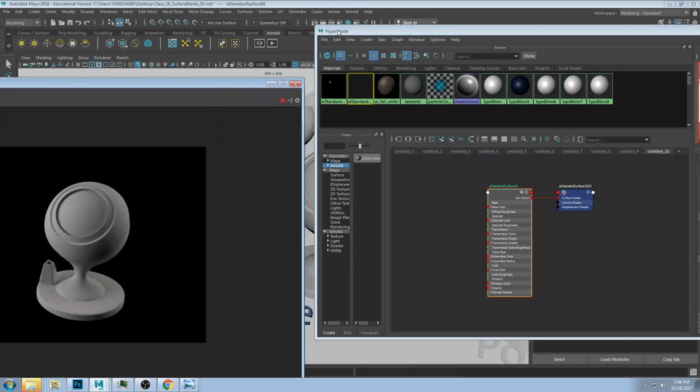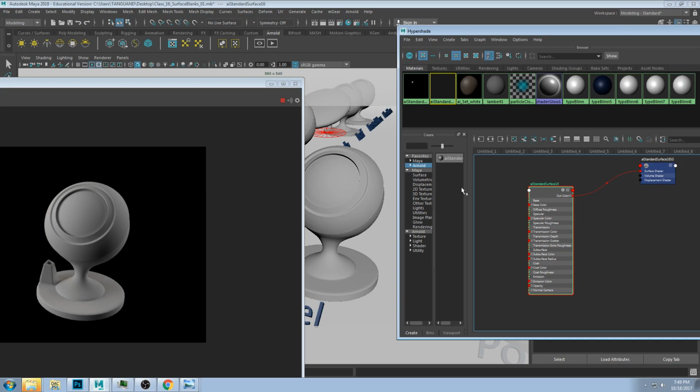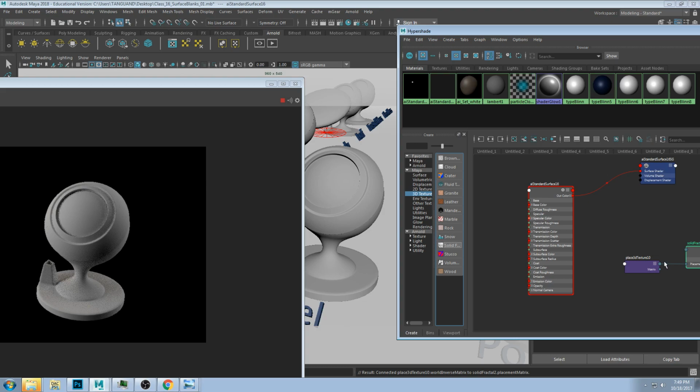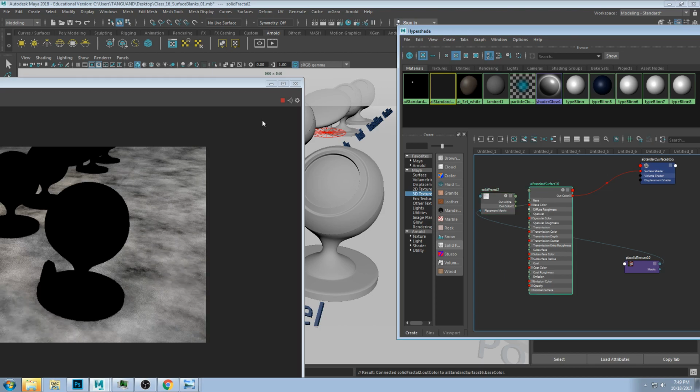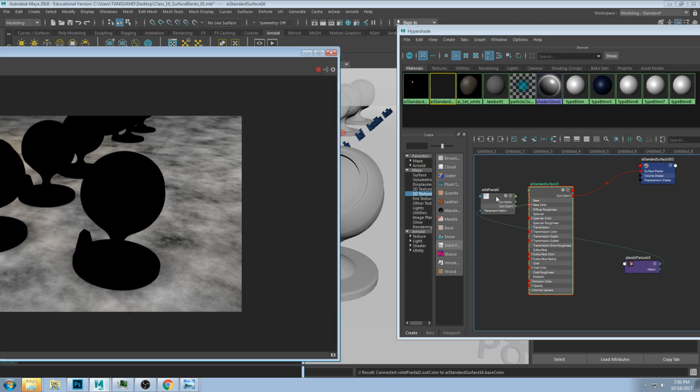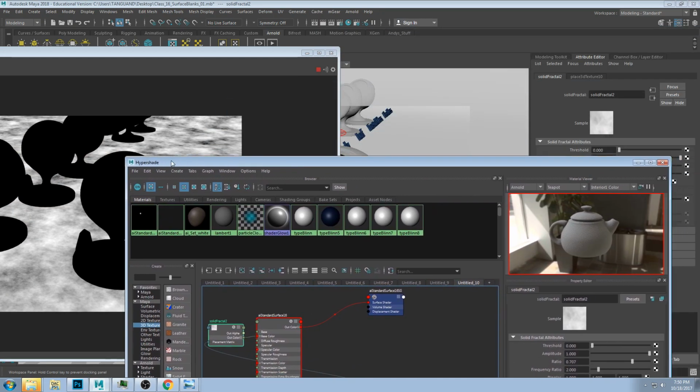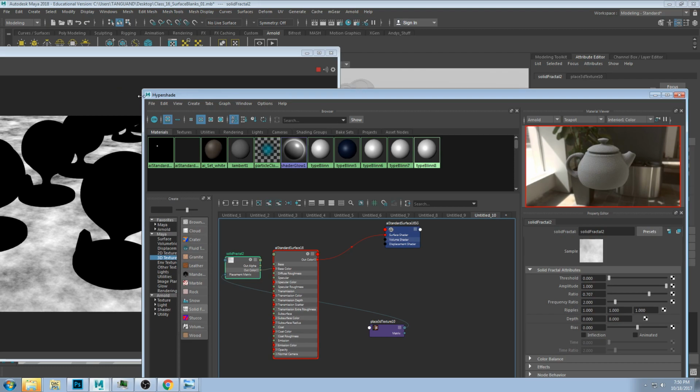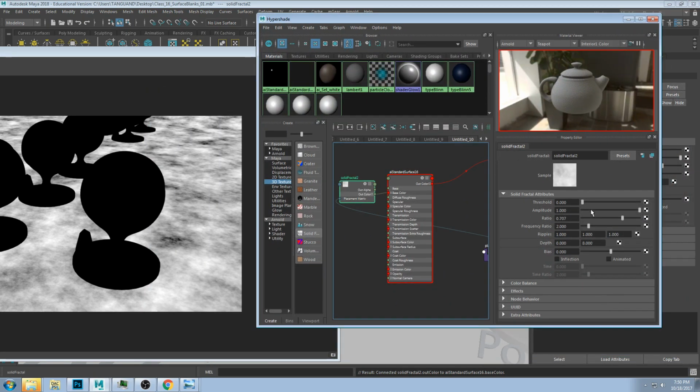What I'm trying to show you is if I plug in a surface or plug in a texture like so, it'll show it to you on the object. There we go. So if I click the shaders, notice how this one is on the ground, but notice how it's showing me, so if I click the solid fractal, now it's just going to show me that. So if I edit that texture, you'll see it actually on the object doing its thing, which is really